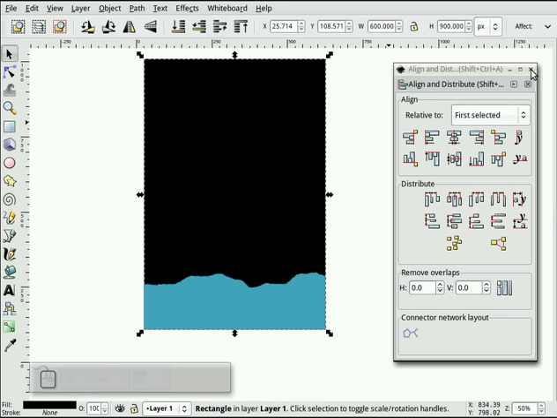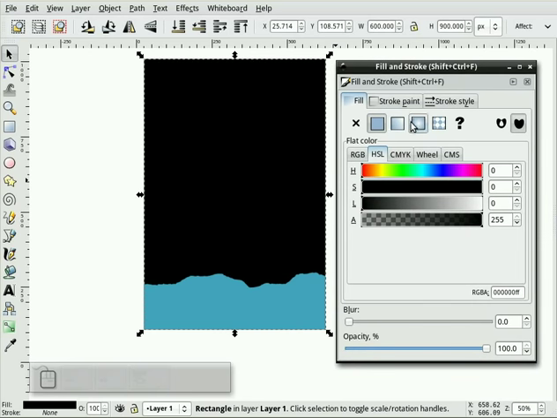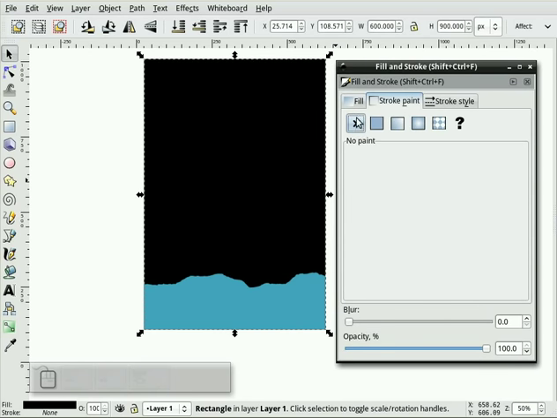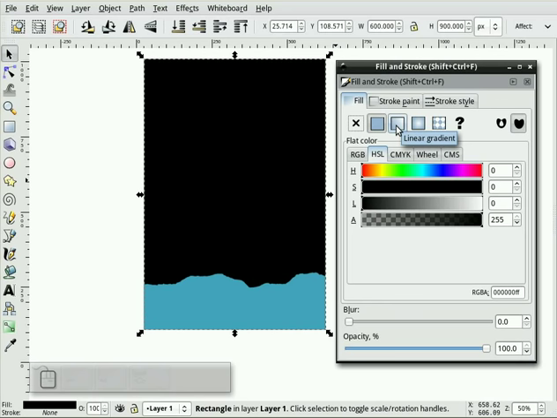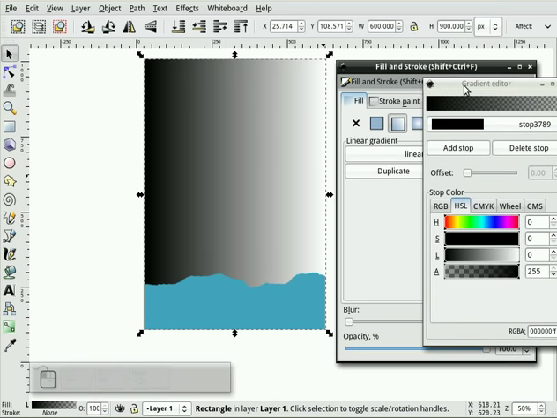This part's fairly simple. What I do is create a 4-color gradient on this rectangle to imitate a sunset. So let's get started. We'll make sure that whole rectangle is selected. We'll bring up the fill and stroke dialog box and make sure the stroke is off. We'll select linear gradient, and once that gradient is up there, we'll click Edit to bring up the